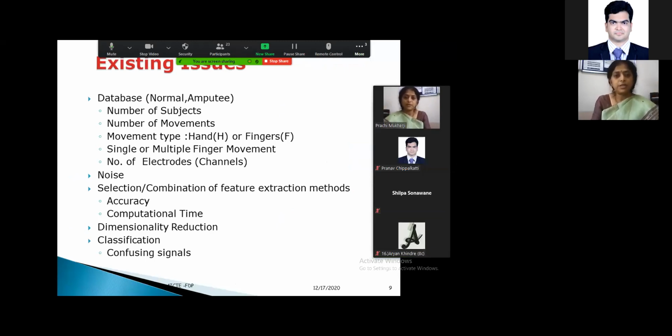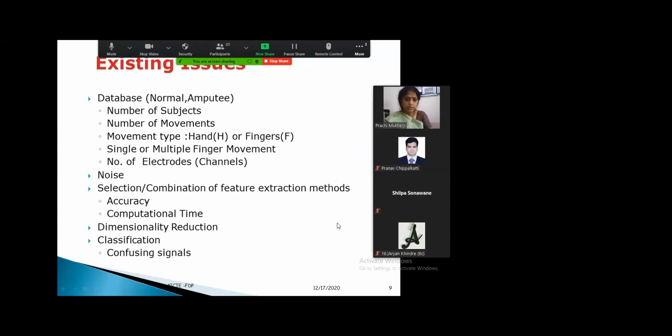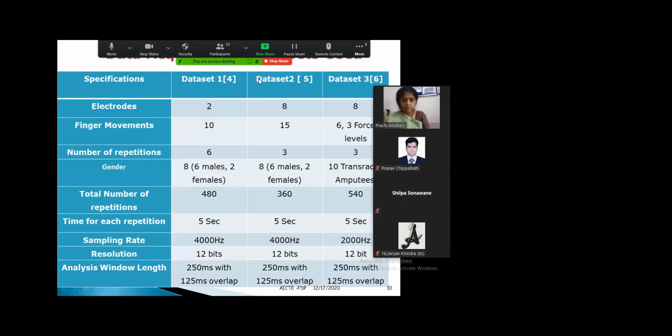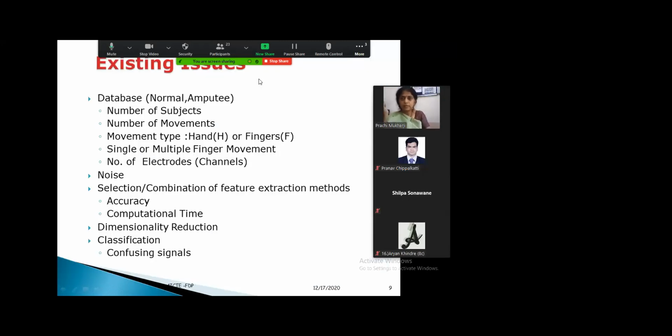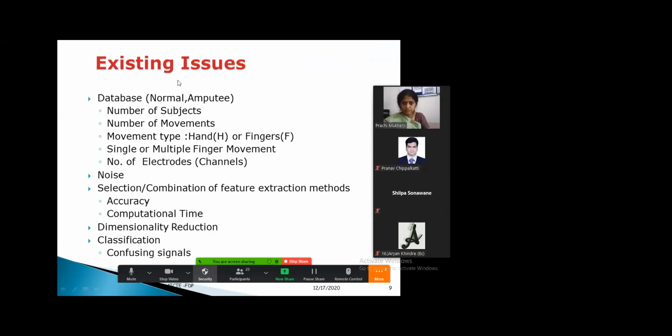Hello, Prachi ma'am. Yes, this is Chaitanya ma'am. Sorry to disturb you, ma'am. Actually, the tab bar at the top is hiding the slide titles. If we move it to the bottom, the slide titles will be clear. Okay, you are sharing, so we can move it to the bottom. Yes, it is clear now. Thank you, ma'am.